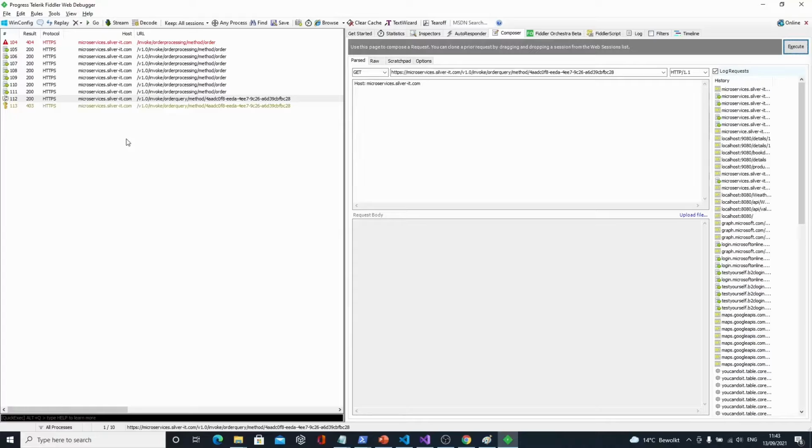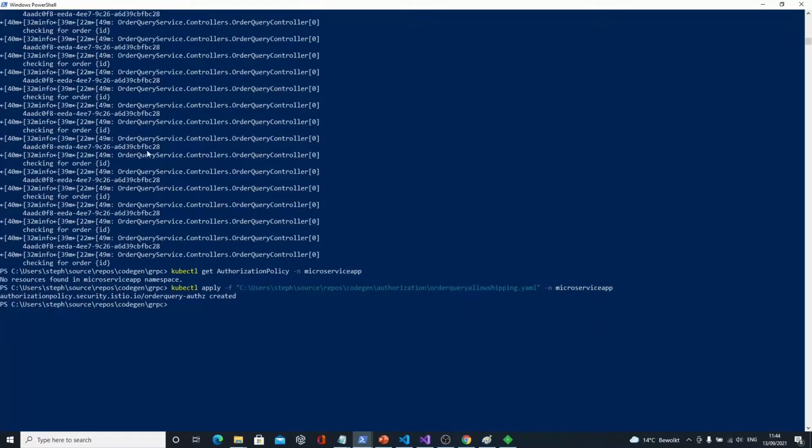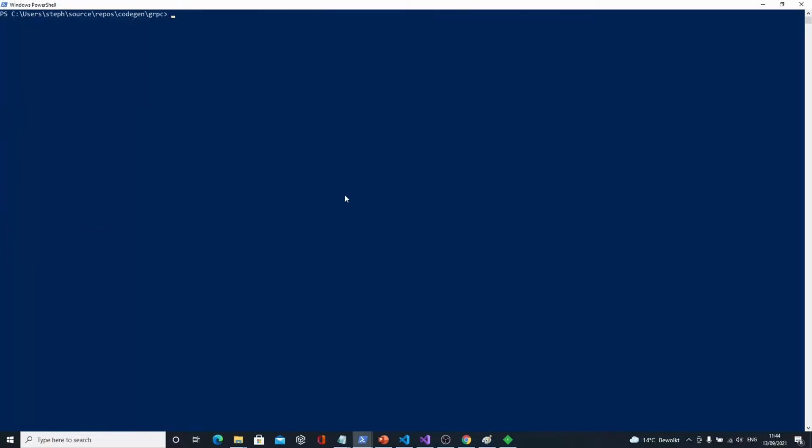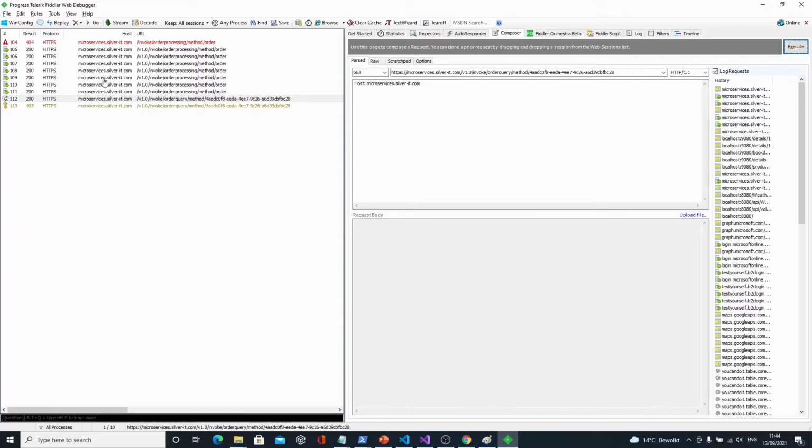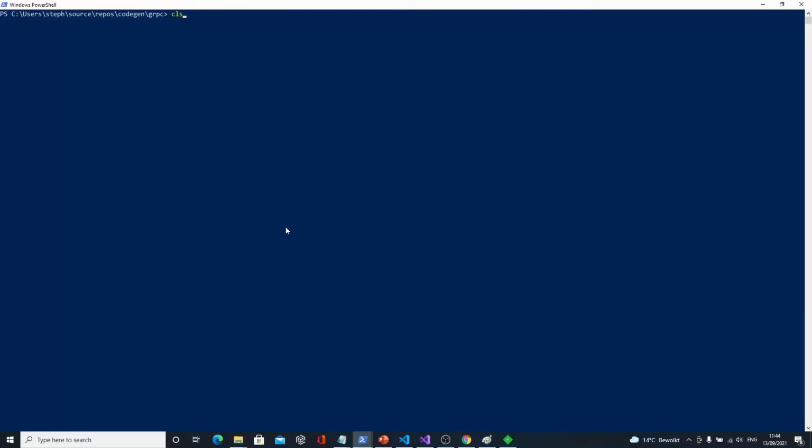So Istio has intercepted the request, and sees that I'm not calling with the service principal identity that has been enforced, right? So that's working fine. And if I now try to see if it still works fine when I place a new order, what is interesting to show you maybe is, of course, the Istio logs.